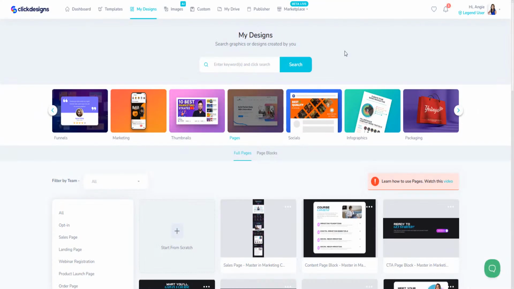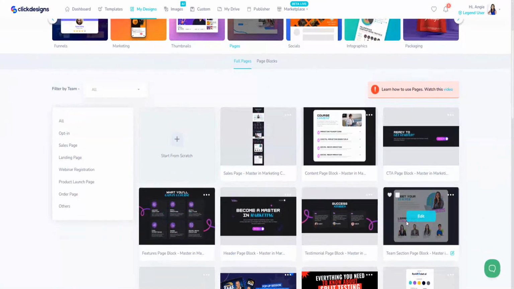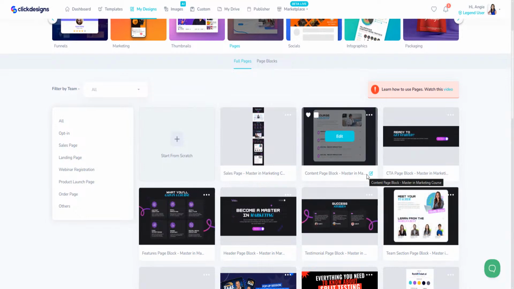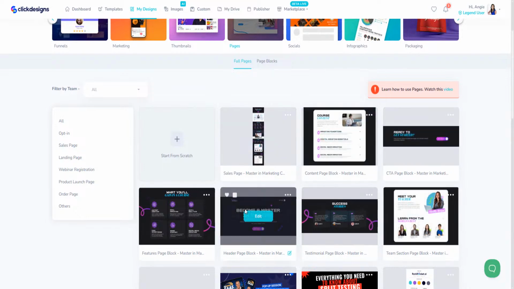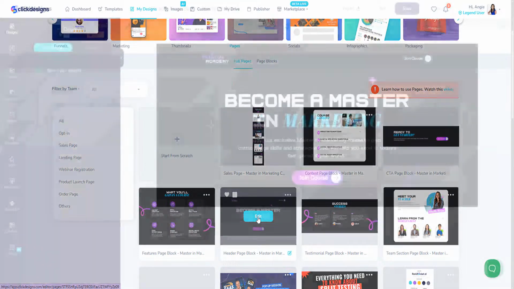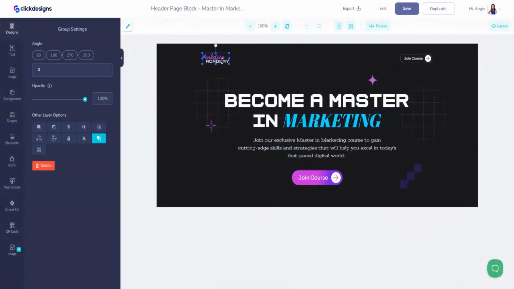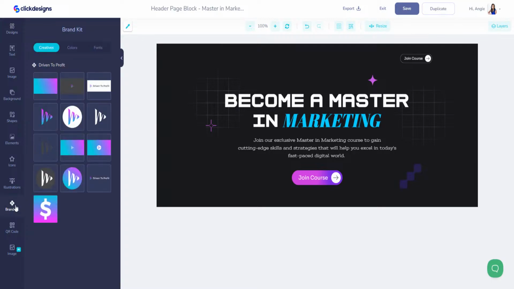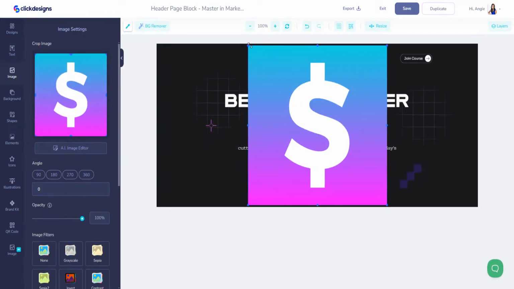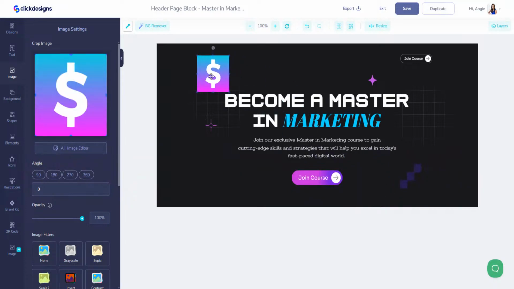Now why don't we go into each one of these and actually edit it. So if I went to this first one, this is the top block. Let's go ahead and click on edit, and we're going to look at here. Now see, this is the logo. So I'm going to go to my own brand kit, and I've taught you guys many times how to do the brand kit, and I can click on what this is going to look like. So I'm going to add this one here, and we're going to make it smaller, put it right there